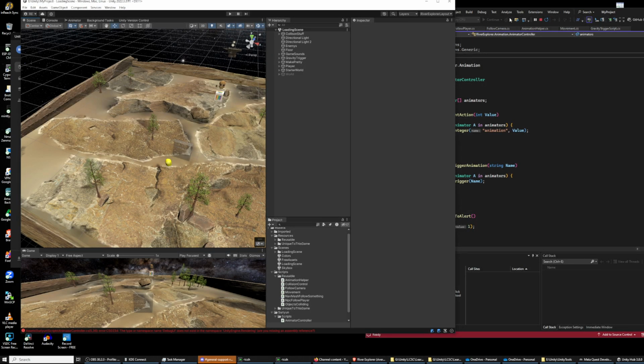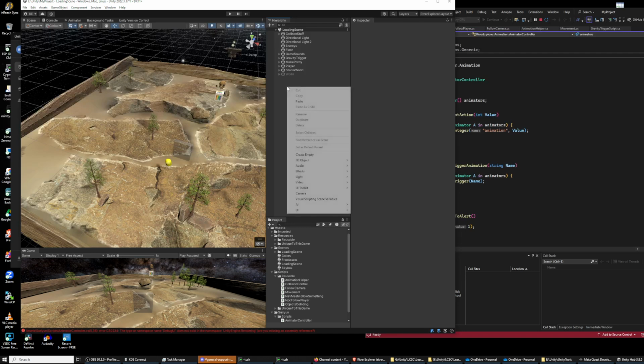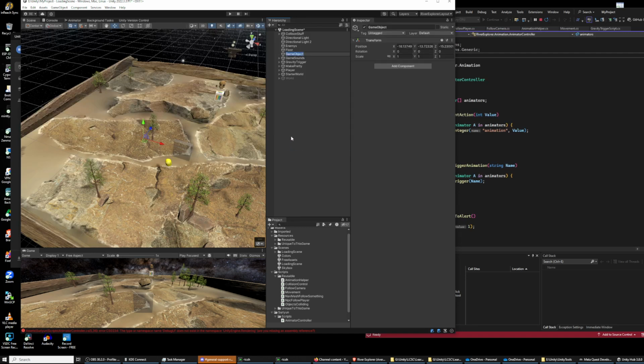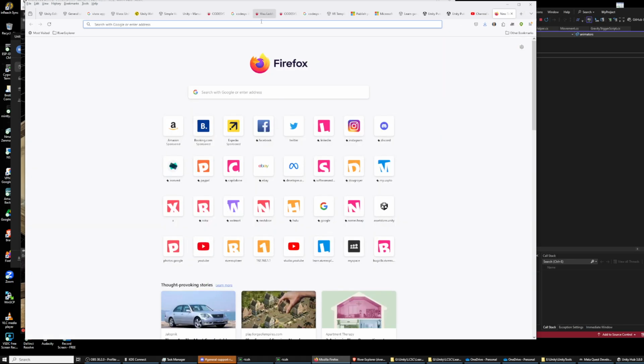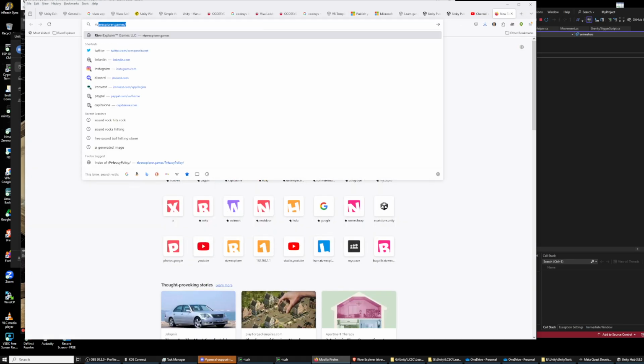Okay, we're back. Now what we're going to do now is add an enemy. And so I'm going to up here make a folder, empty game object called enemies. And then we're going to go over and go to the web, and on RiverExplorer.games